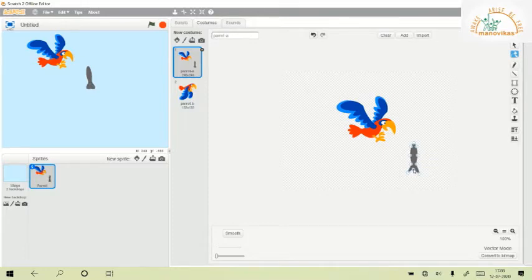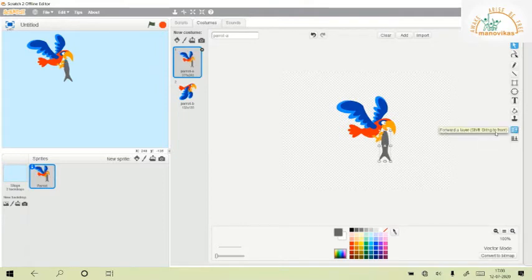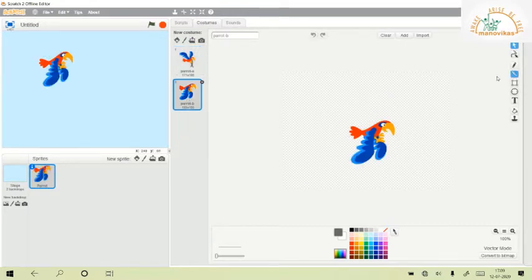Like a fish. Here it goes. Okay, so my sprite is ready. Now the next costume, I'm going to draw it here as well. For the next costume, I can even use a duplicate one, but I will draw.